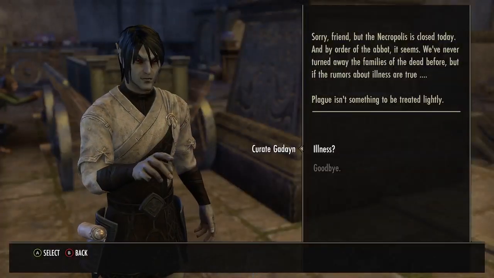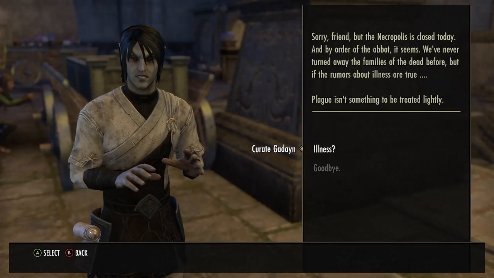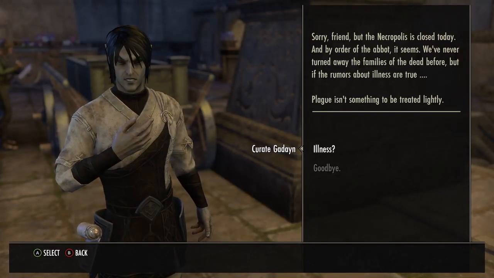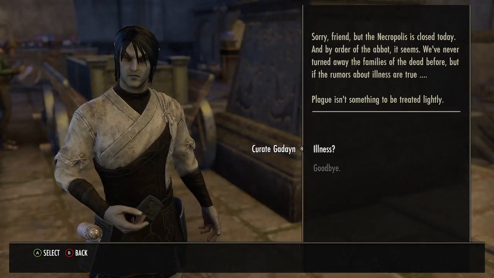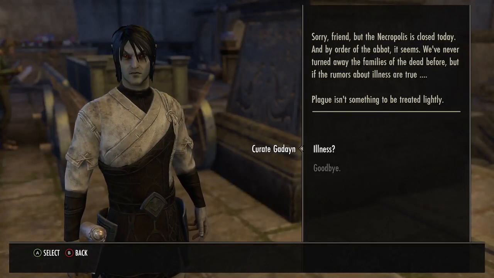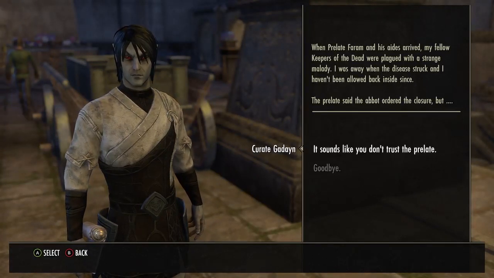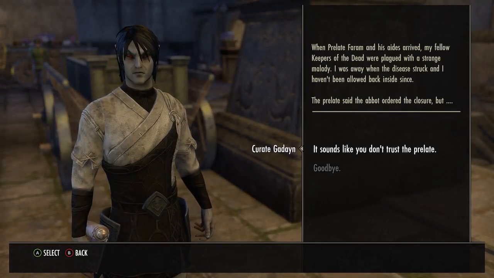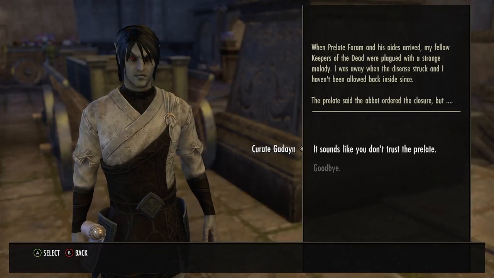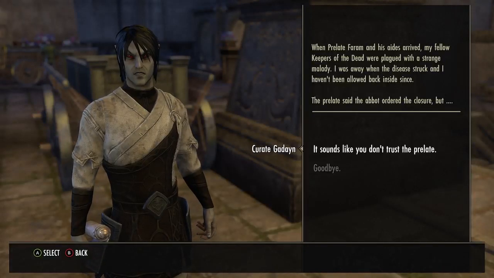Hello. Sorry, friend, but the necropolis is closed today. And by order of the abbot, it seems. We've never turned away the families of the dead before, but if the rumors about illness are true, plague isn't something to be treated lightly. Illness? When Prelate Forum and his aides arrived, my fellow keepers of the dead were plagued with a strange malady. I was away when the disease struck, and I haven't been allowed back inside since. The prelate said the abbot ordered the closure, but...